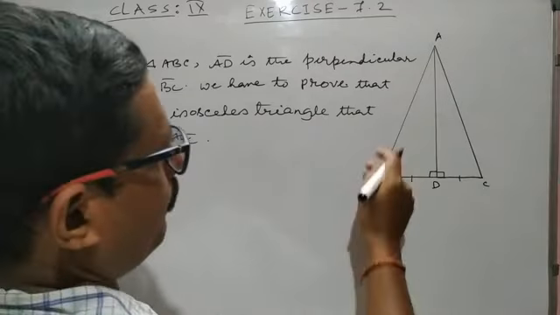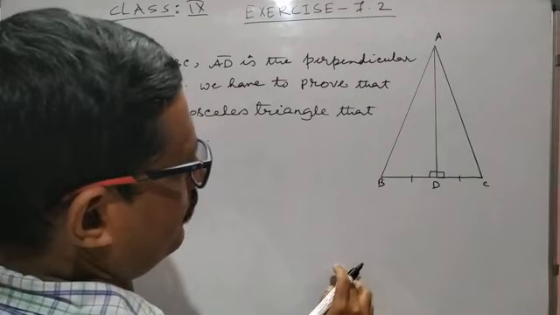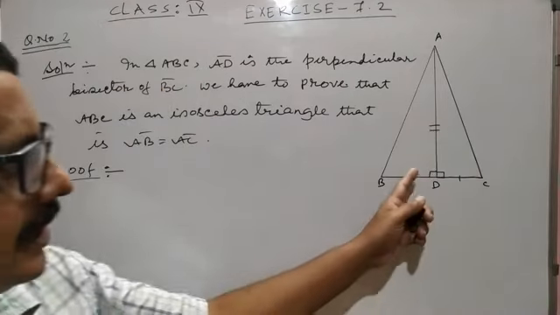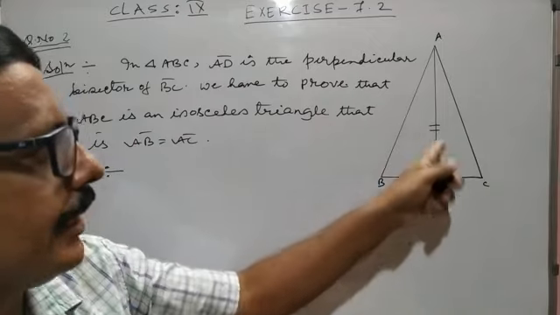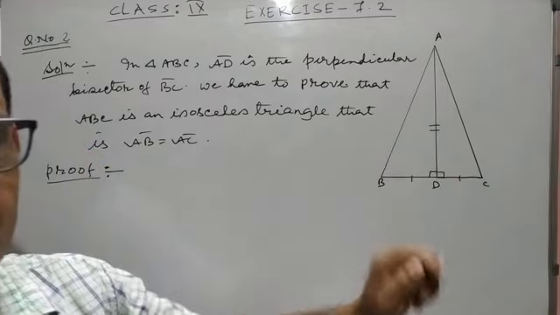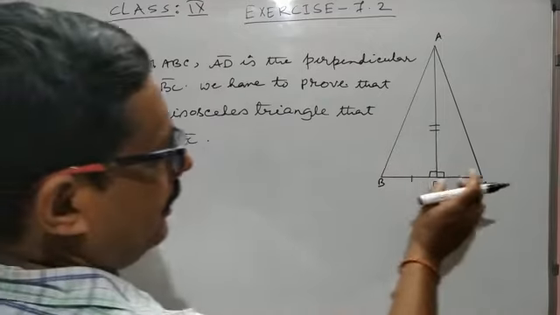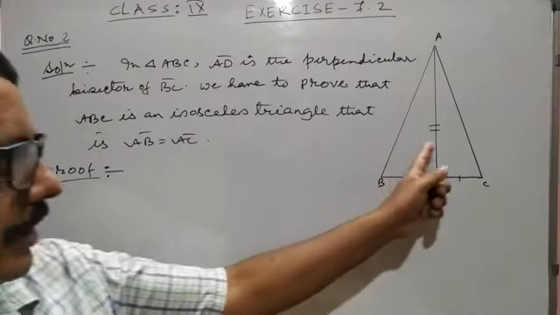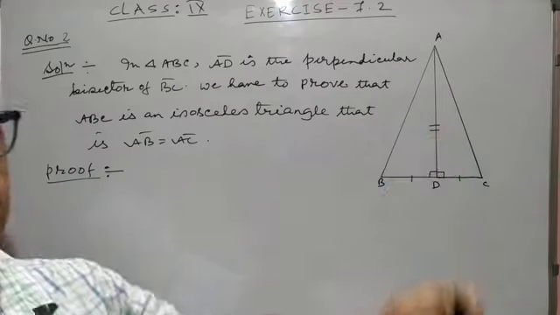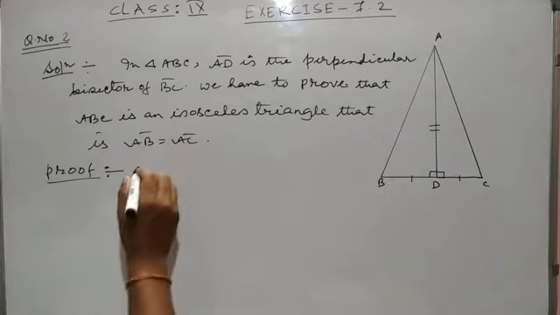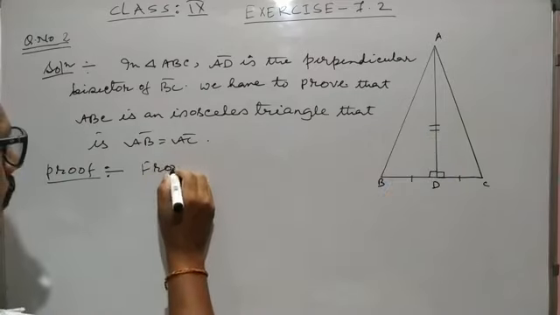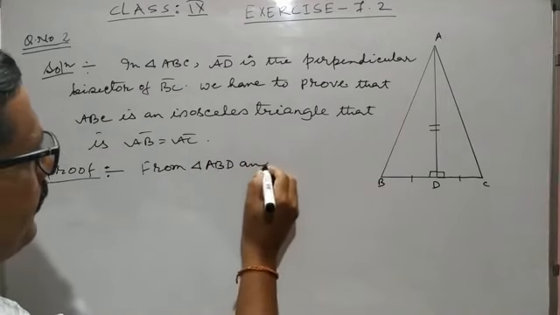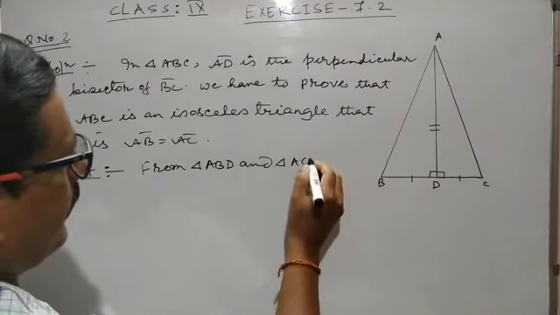In triangle ABD and triangle ACD, we get AD equal to AD, common side, and this angle equal to this angle, since AD perpendicular to BC, so each angle 90 degree, and BD equal to DC, since AD is the bisector of BC. Therefore, these two triangles are congruent by side angle side criteria. So from triangle ABD and triangle ACD,